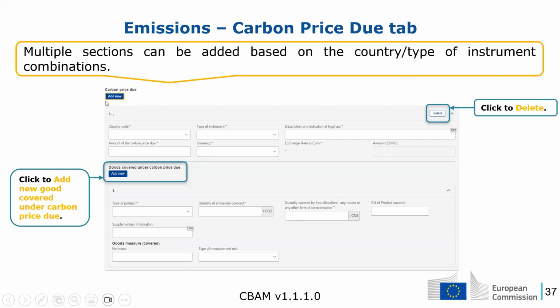When adding the carbon price due, here is the information we need to fill in: the country code where the carbon price was due, the type of instrument, the description and indication of legal act, the amount, the good that is covered, and the quantity of the good that is covered under this carbon price due group.